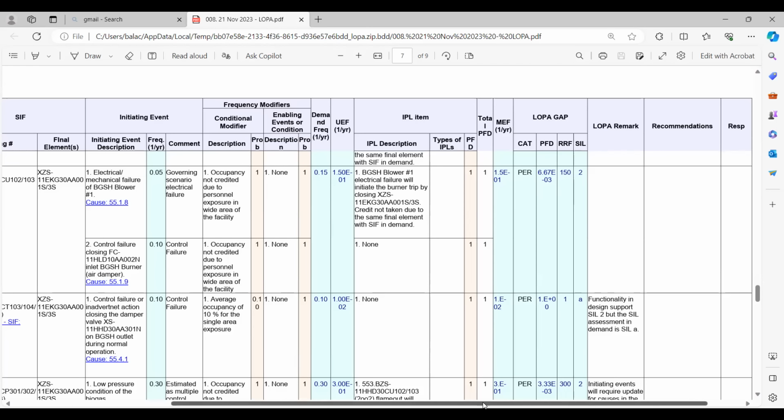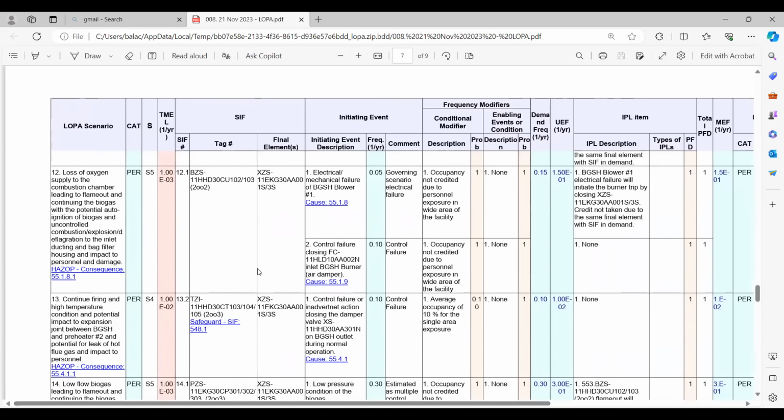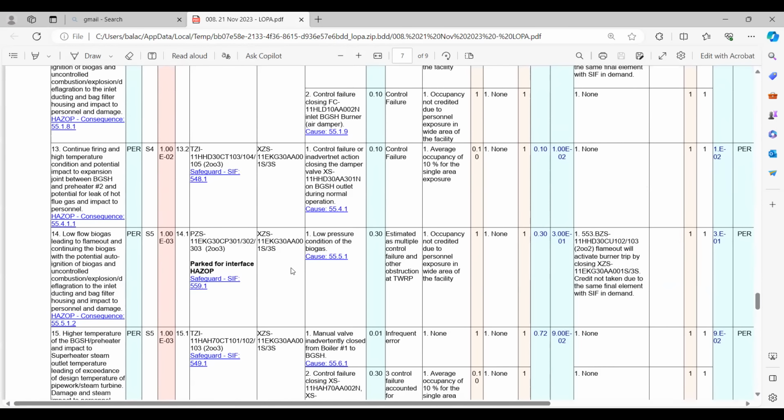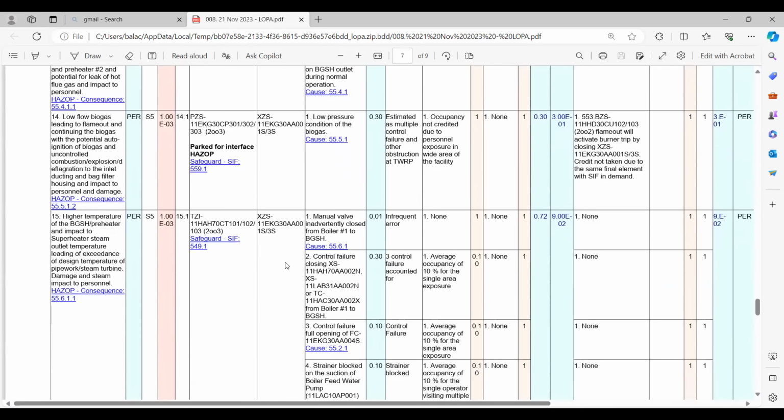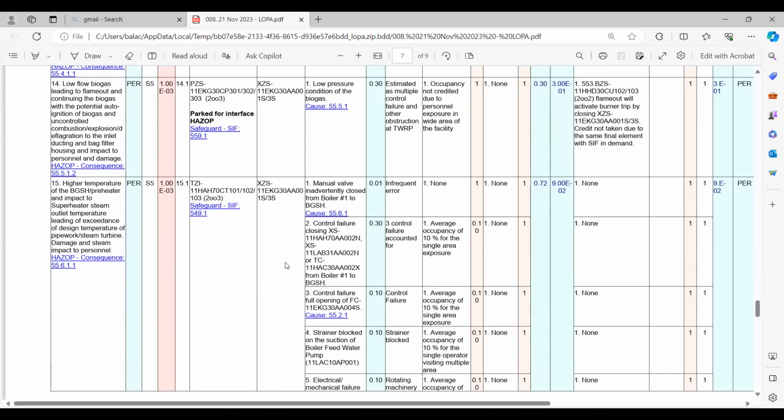So that's how we do this, friends. I hope this is clear. Maybe I'll take you through some other example also. You can see here, this is the safeguard: higher temperature of the BGHS, the biogas superheater, impacting the superheater steam outlet temperature